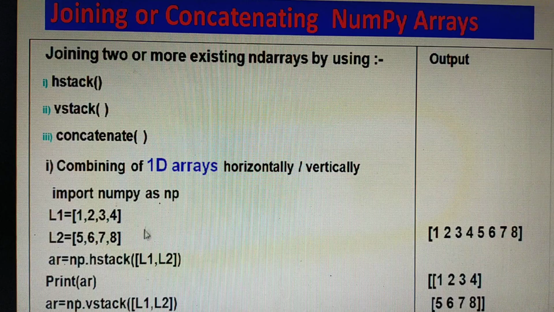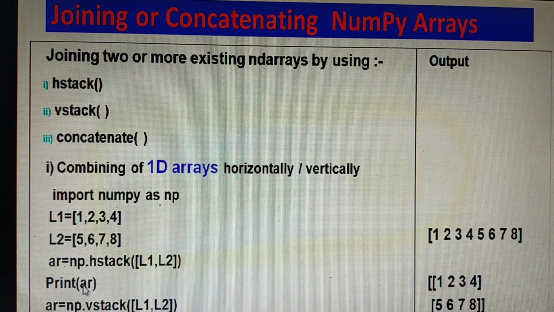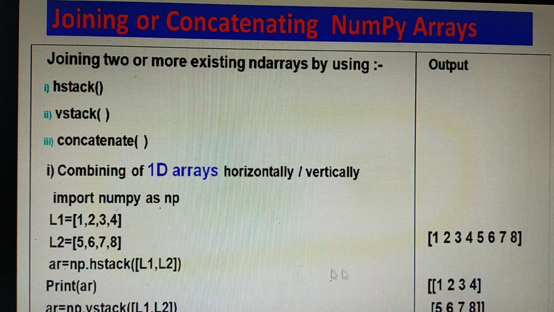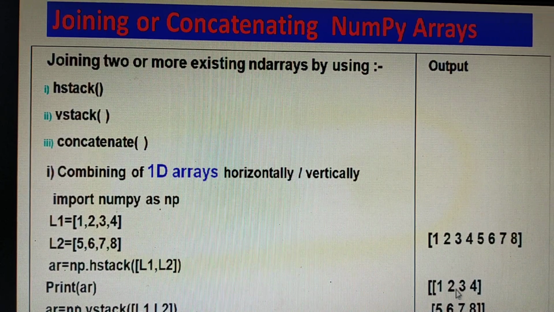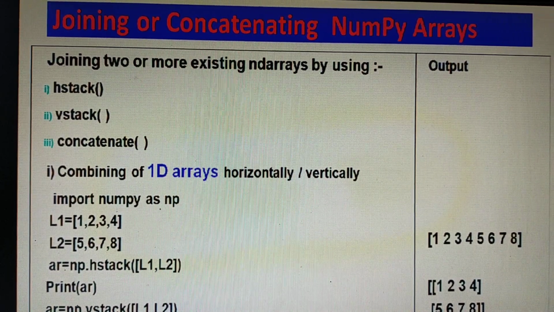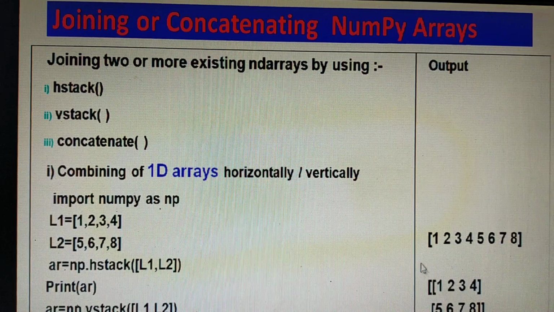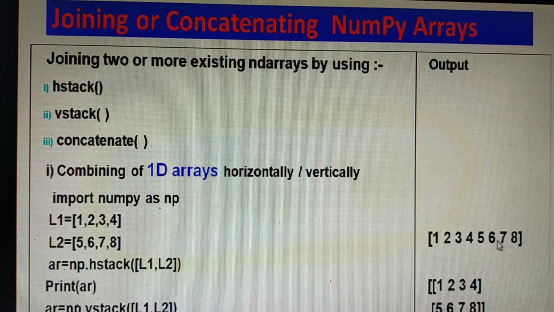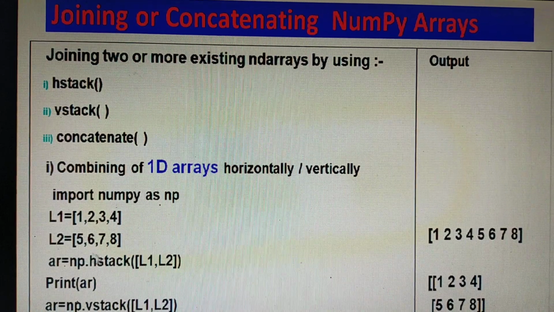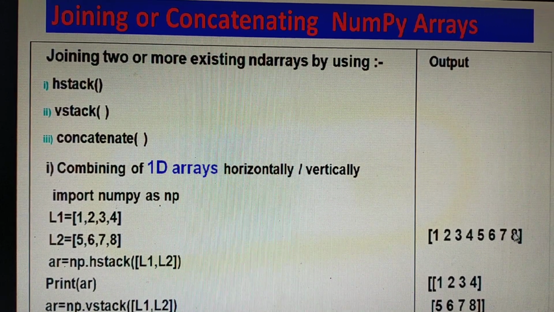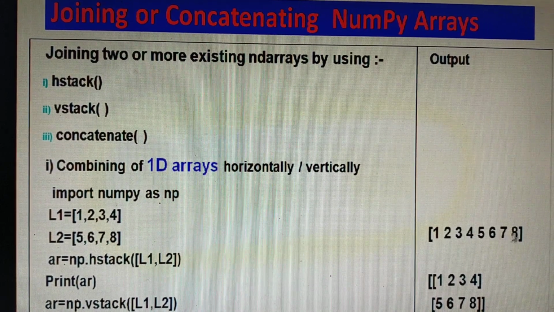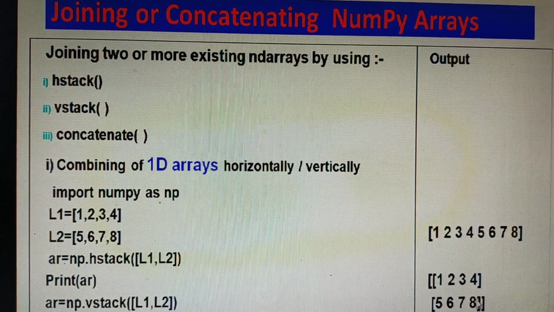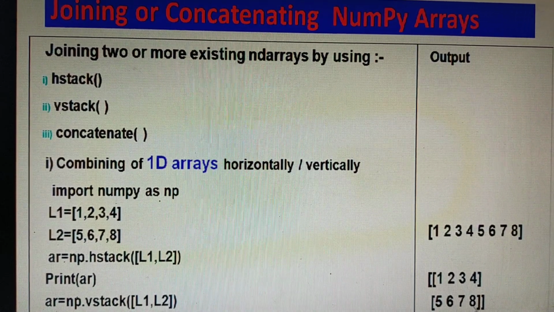And when you print AR you will get this. The same with vstack, it will add row wise. The columns remain the same, it will increase the rows. Here the row will remain 1 and columns will be added more. So this is hstack, where the lists are added horizontally, and vstack, where 2 rows are added vertically.